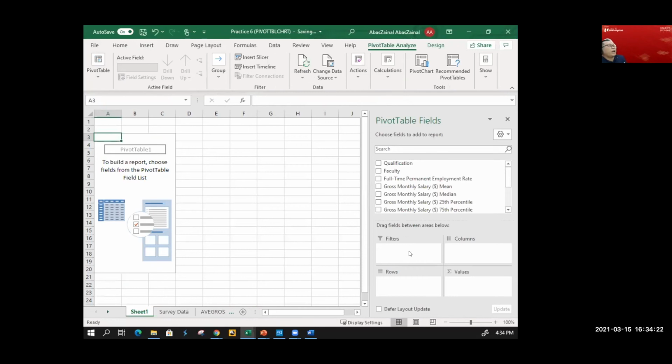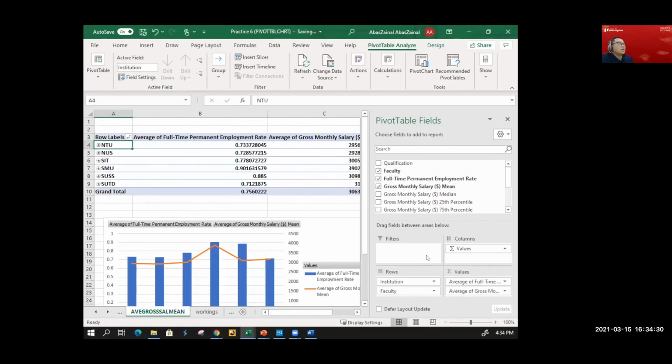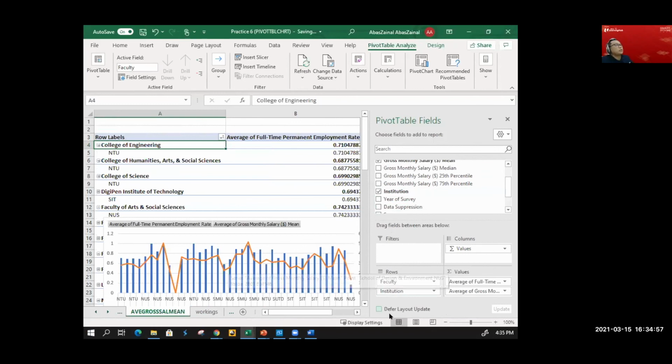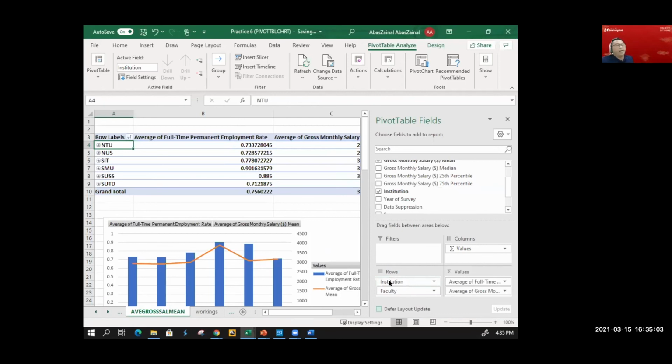So here, you want to find out average gross mean salary, for example. This is one good example where you want to find out something like this. So take a look here. This is what you need to do. You need to click at the bottom here. Can you see institution and faculty? You need to look for faculty and scroll down and look for institution. The manner the items are arranged is very, very important. If, let's say, for example, your faculty goes up here, sorry, institution comes down, the whole thing changes. So you got to be very, very careful where you put one on top of the other.